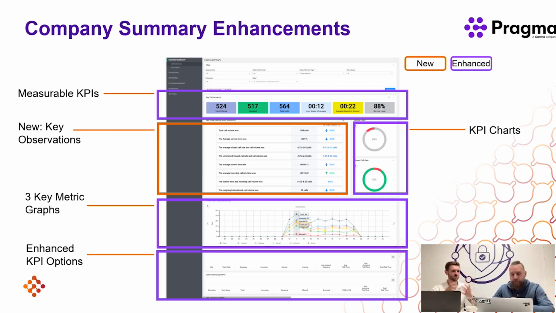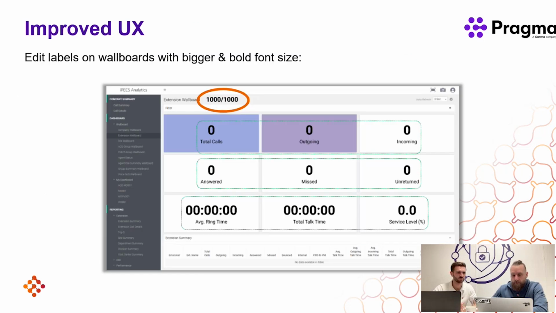Brilliant. And you think it's only three years since we launched this? Something like that. Yeah. Got some bits around improved UX. If you have this on a wallboard, so customer service team, sales team, large wallboard, what we have the capability to do now is edit the font size essentially, make it bigger, make it bolder. So if you're 20 meters away from that wallboard, you can clearly see what's happening. Yeah, it's a big office. Go to some big offices for demos, Andy.